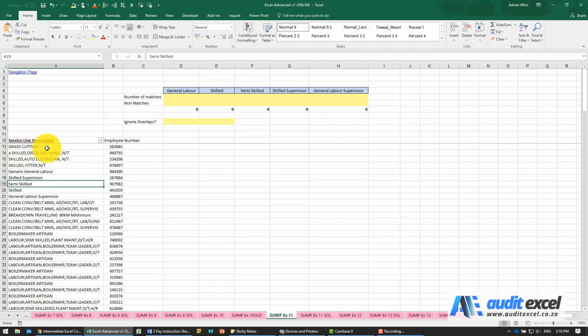It's considered skilled though. So we want to look up these designations but acknowledge that there might be text before or after it. So first we want to work out how many matches there are for that, how many non-matches, so it's the opposite of that, and then we want to look at any overlaps. So for example, when you look for skilled, it'll probably also find anyone with a semi-skilled and skilled supervisor. So we want to figure out a way that when we look for skilled, it ignores the semi-skilled and the skilled supervisor.